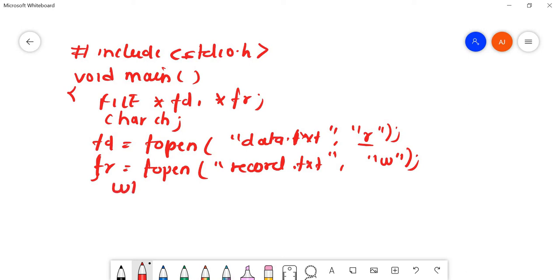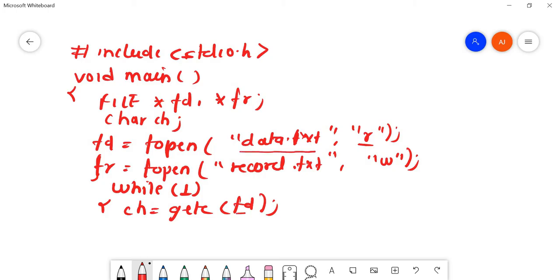While 1, it means that while it is true, we'll get c from fd, that is, we'll read the character from the file. Which file? The data.txt file. fd denotes the data.txt file. So we'll read the characters from this file and copy them in ch.